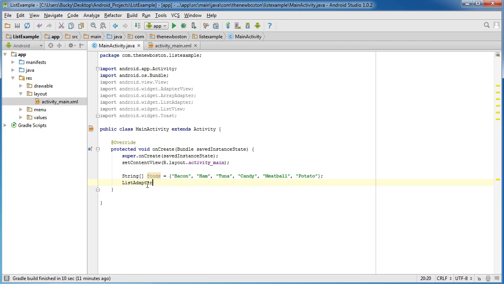If you go to ListAdapter, you can name it anything you want, Bucky's adapter, and you need to set this equal to